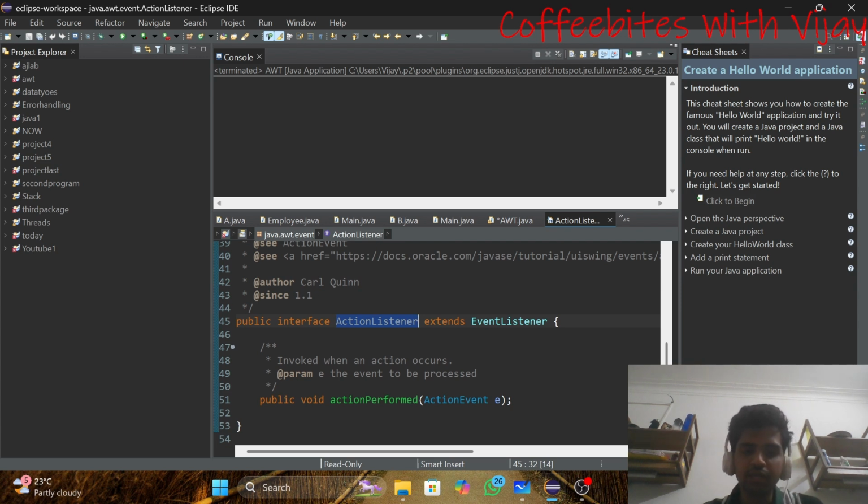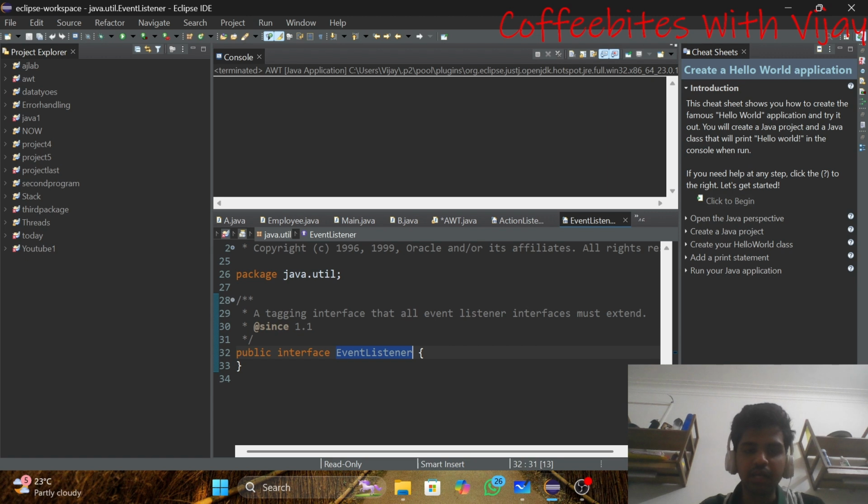Guys, you can see over here public interface action listener, and it extends the event listener. So what is this event listener? Let's go and check. You can see this event listener is also an interface, but this interface is empty. It doesn't have any methods inside it.